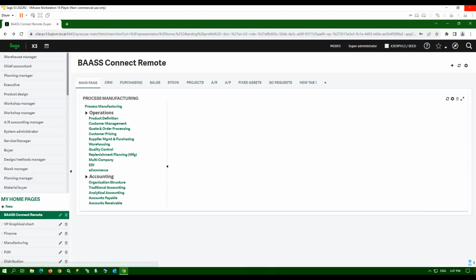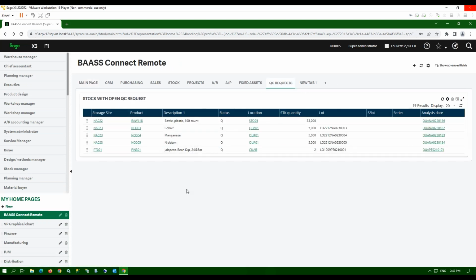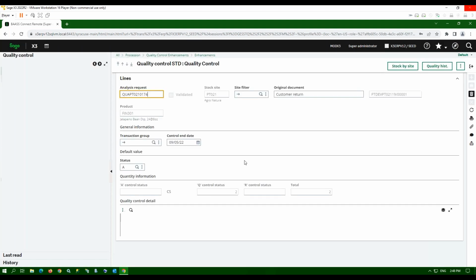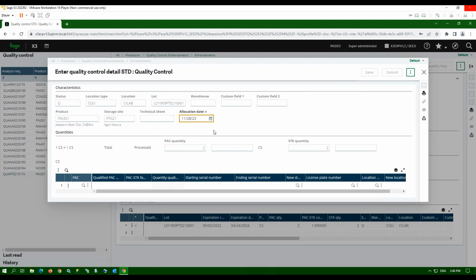So now very quickly, if I go to the home page and go to my QC request list, because I actually added a QC request list at site NE21. If I refresh this right here, you can see my stock quantity of 10. So what it did is it actually created a quality control test. I'm going to go in standard quality. By default, it's forcing me to enter the quality control values. So I can then fill in the